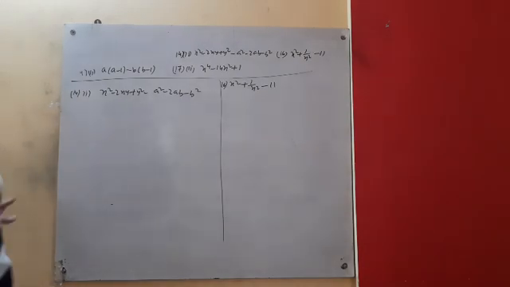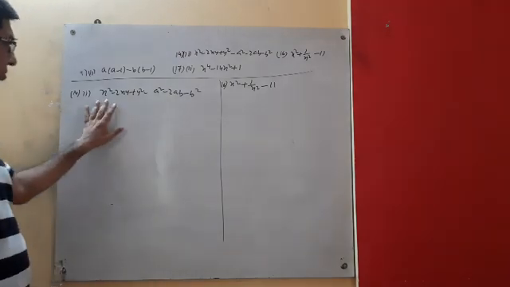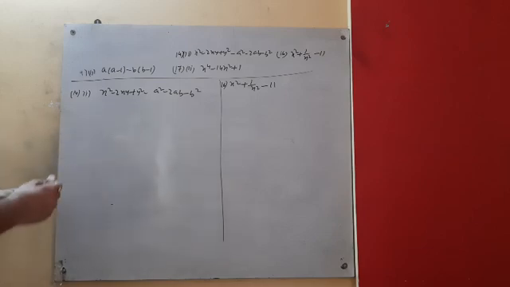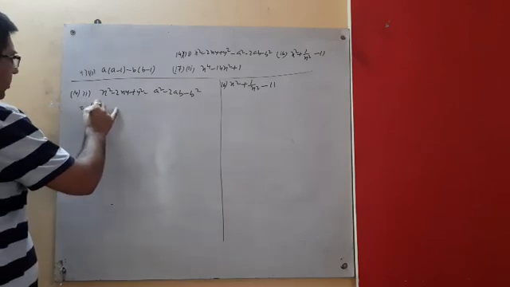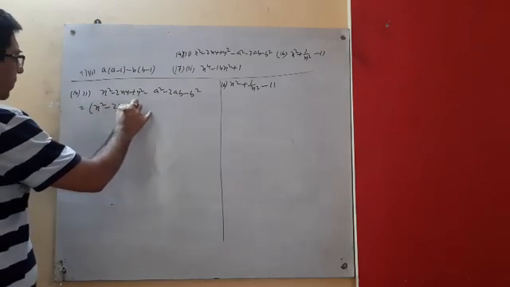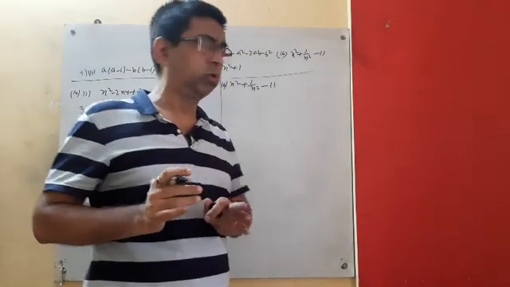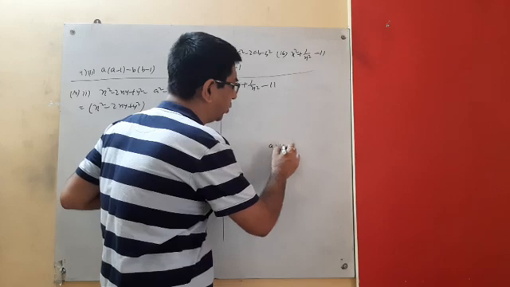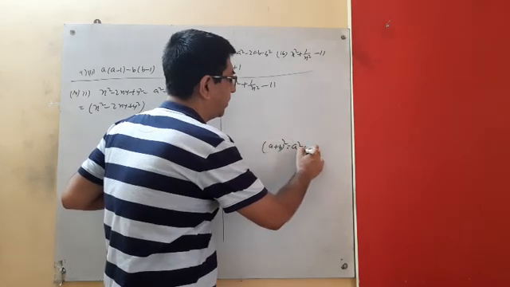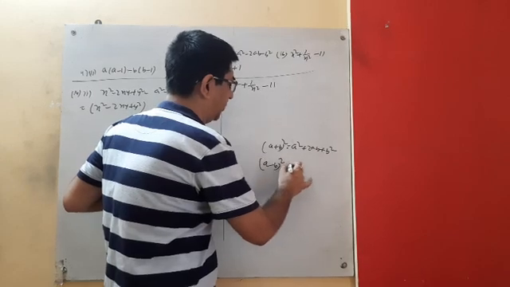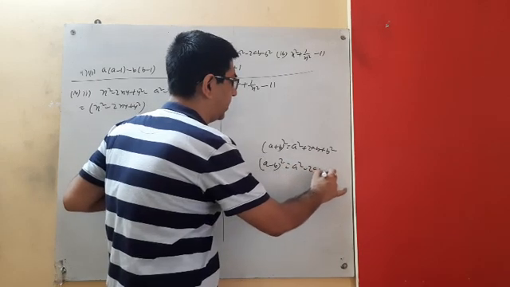Now this one, x square. Look, there are 6 terms. This one is very common, this one is very common. What we can do, this is x square minus 2xy plus y square. Look, in case of a plus b whole square or a minus b whole square, whatever we have seen, a plus b whole square means a square plus 2ab plus b square, and a minus b whole square means a square minus 2ab plus b square.